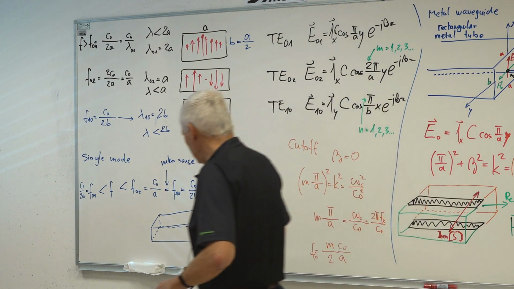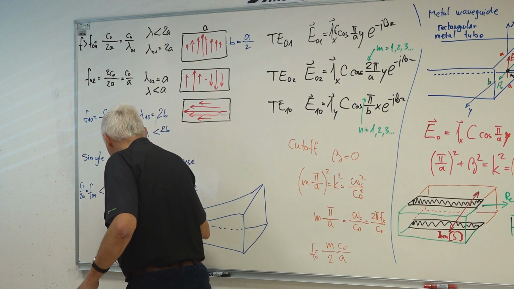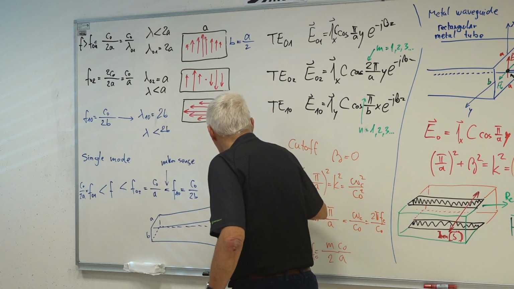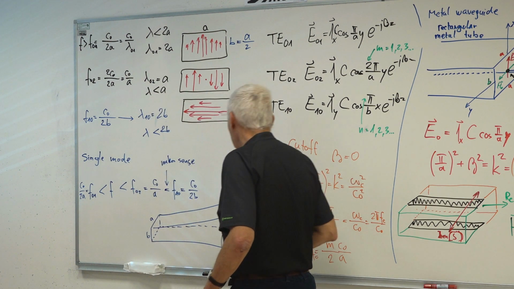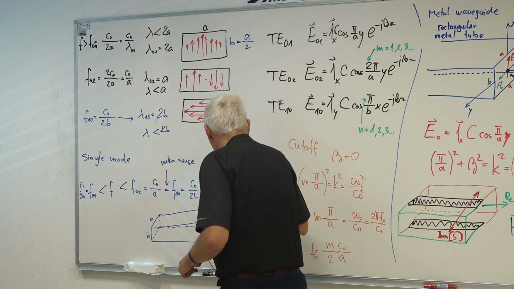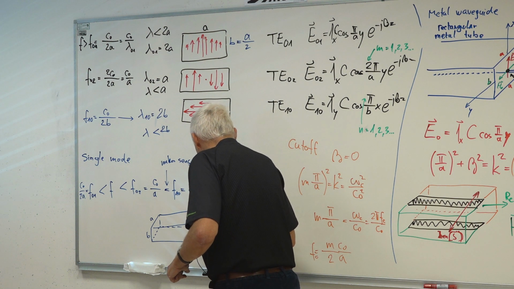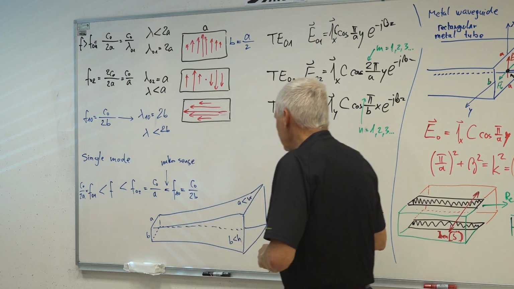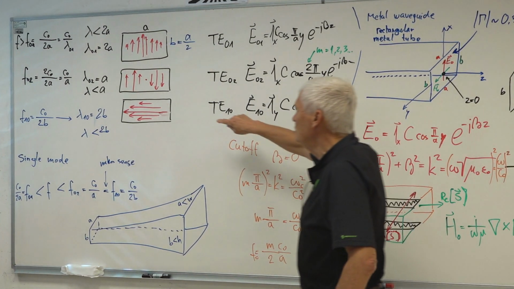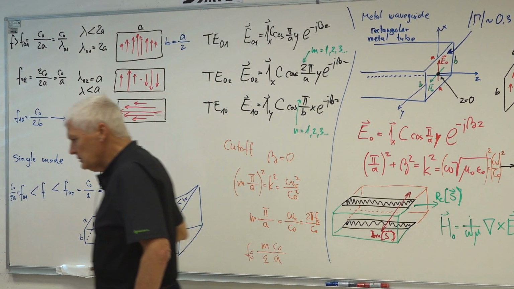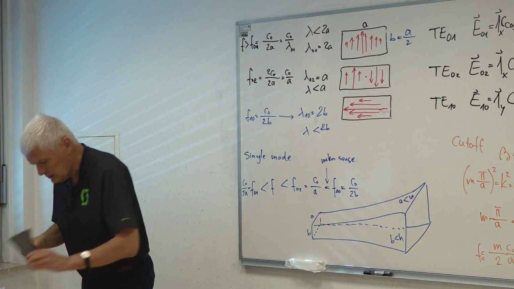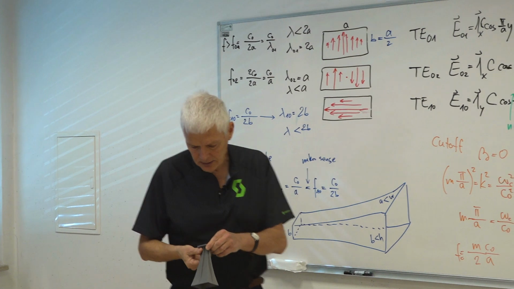So this is my original waveguide, sides A and B. Now I could write these sides as width and height here. These are much larger, so width is much larger than A and height is much larger than B. But if I make a smooth transition, I'm not going to introduce new modes. And for these smooth transitions, I have two examples here. How are they done? So this is a waveguide horn